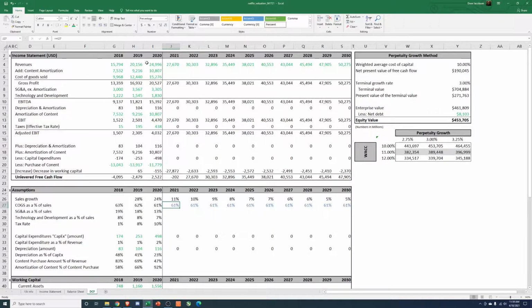What I mean by that is, if you're looking at something like Rocket Mortgage, or even a Walmart, their cost of goods sold is probably going to remain pretty steady, unless it's a company with a lot of operational leverage. For example, you could make the argument that for Netflix, the more users and the more revenue they have, the lower their COGS is. And we can see that here: revenue has been increasing and COGS has been going down.